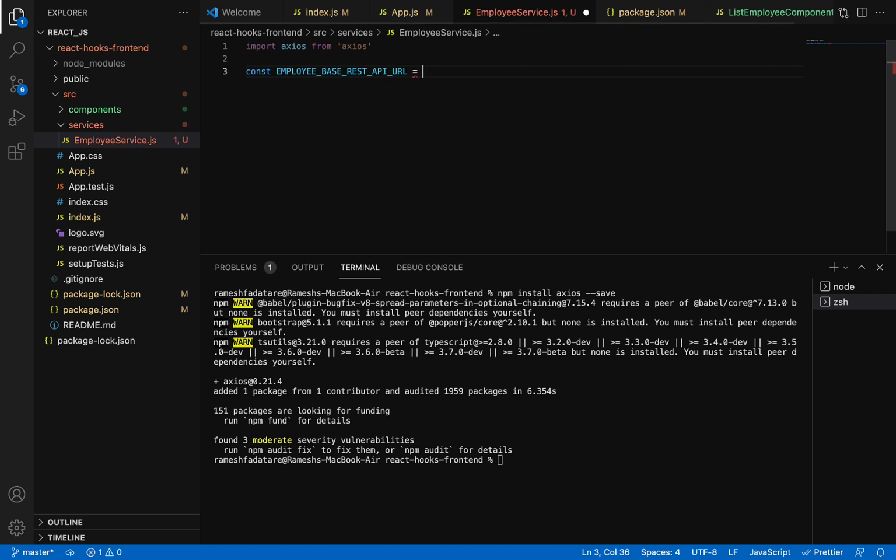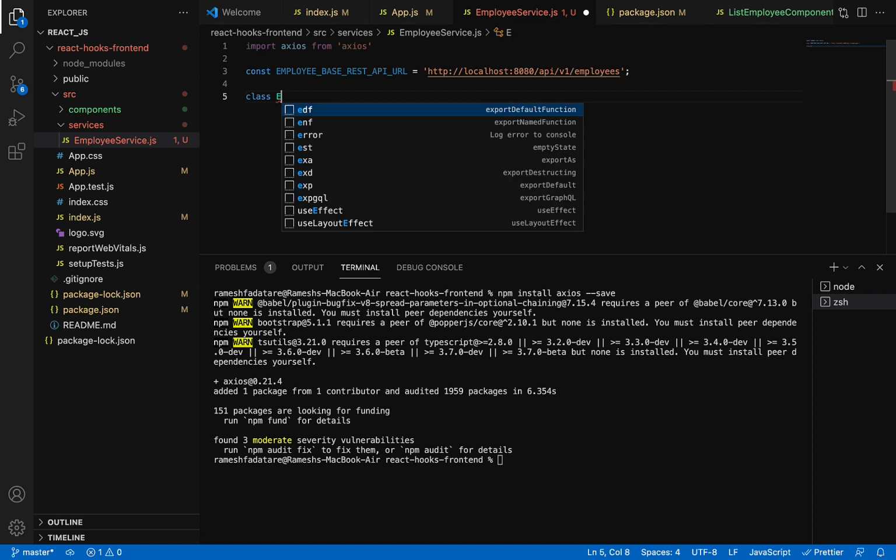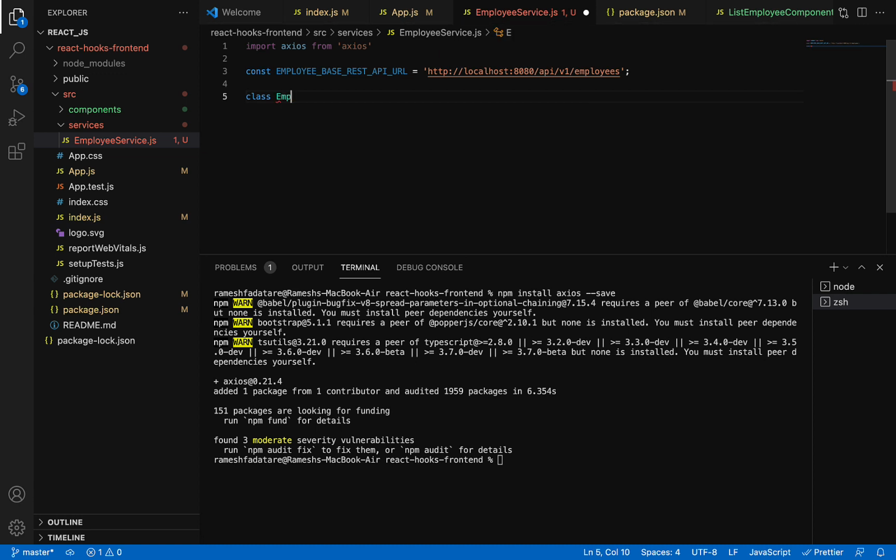This is going to be a constant, so you can use this naming convention, and the value should be http://localhost:8080/api/v1/employees. This is the REST API that we have already developed to get a list of employees in the response.